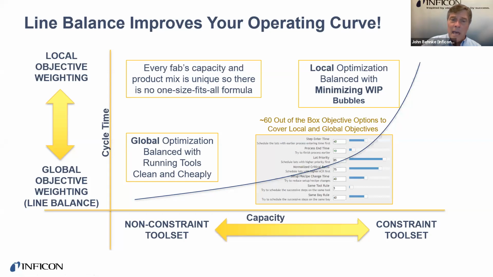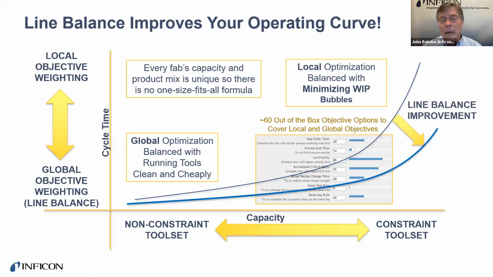But what's interesting is that the single best way of lowering the operating curve, which allows you to get this extra output, again, you can get either improved cycle time, or improved output, or both, a little bit of both, is through line balance. Line balance, as part of an advanced scheduling deployment, because they really go hand in hand. And it's really free capacity, or free improved on-time delivery, free cycle time improvement. I say free, I mean, it's software and there's some work involved, but it is the single largest available improvement